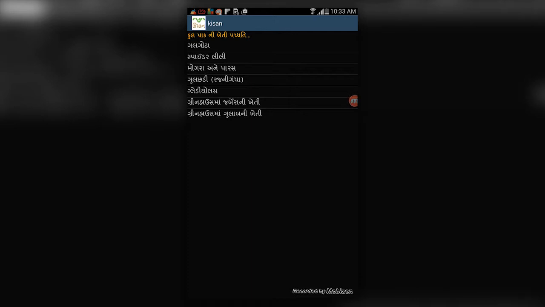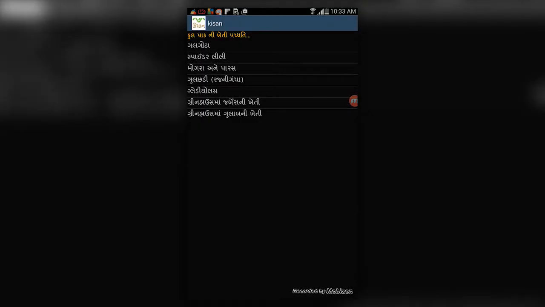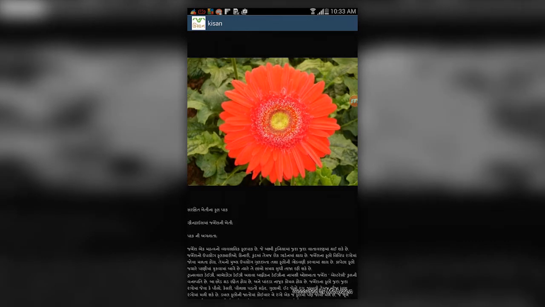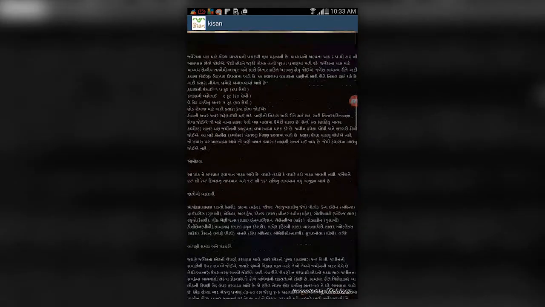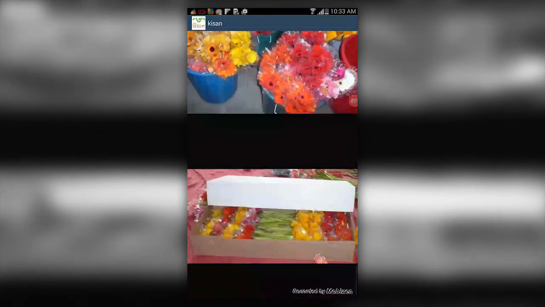For gerbera, how you can grow it in greenhouse cultivation is also included in this app. So the farmer can have all the details: what the requirements are and how to grow it. Everything, from the planning phase to post harvest, is available for greenhouse cultivation of gerbera.